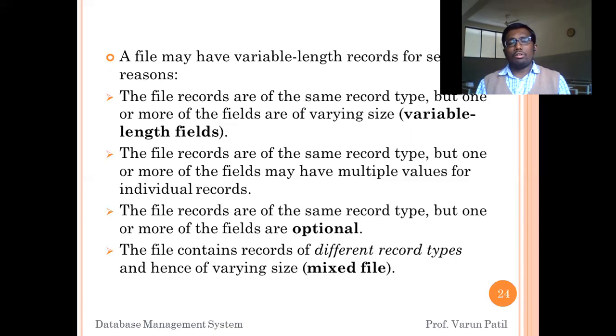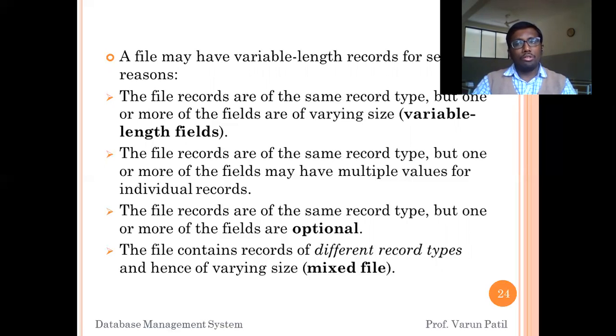Then, the file records are of the same record type, but one or more fields have multiple values in individual records. We have the same file, and the record type is the same, but some fields have multiple values. For example, if you take place, some records will have only the place Dharwad, and some records will have the place Hubli, Dharwad.